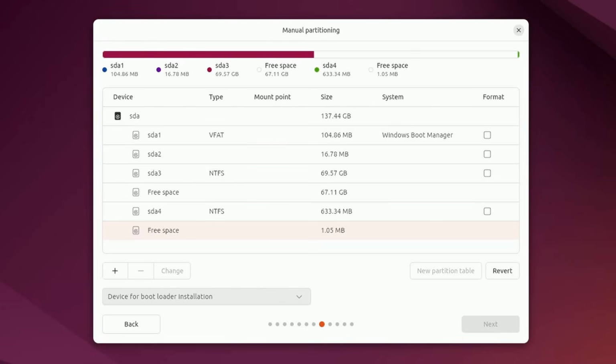No big deal. We'll leave all that alone. We don't want to touch any of these either, because we only want to work with the free space that we created earlier in Windows. Also, if you have more than one storage disk, just make absolute sure you're working with the one that you